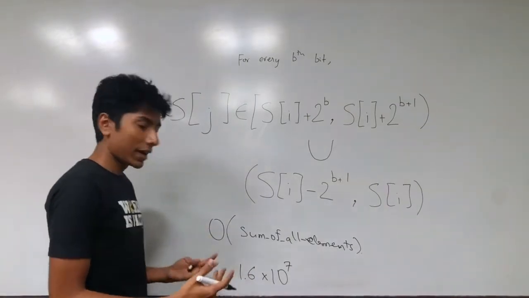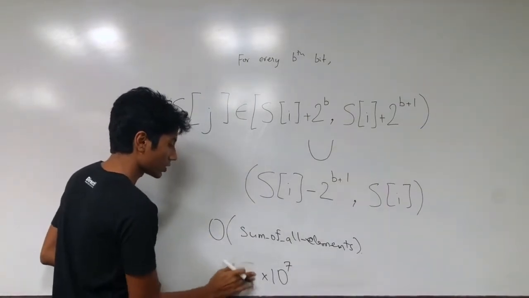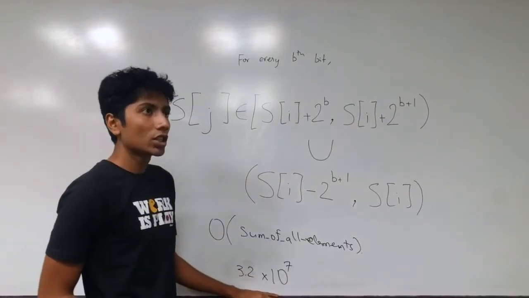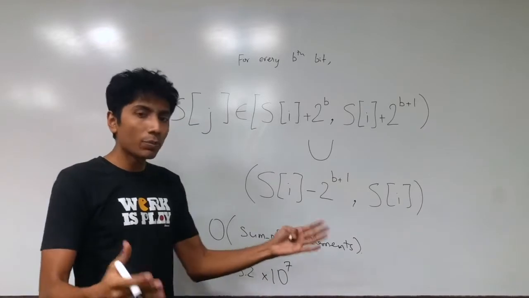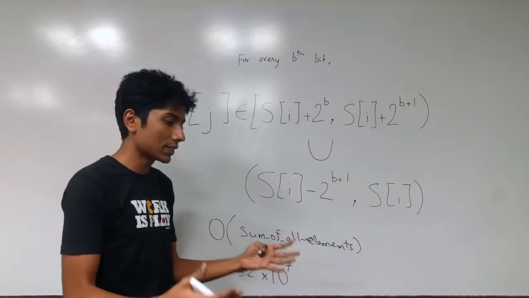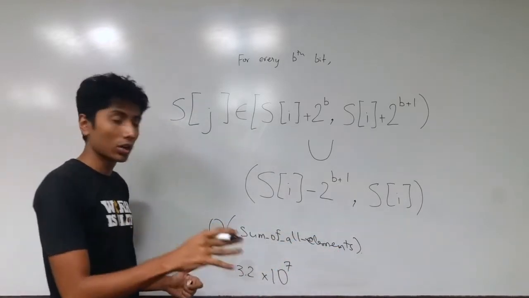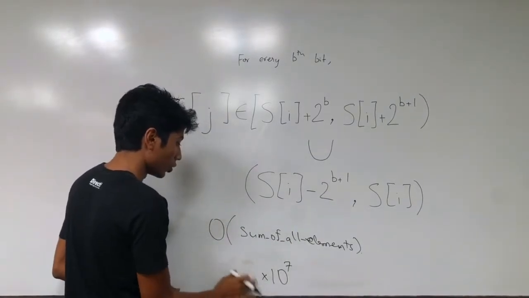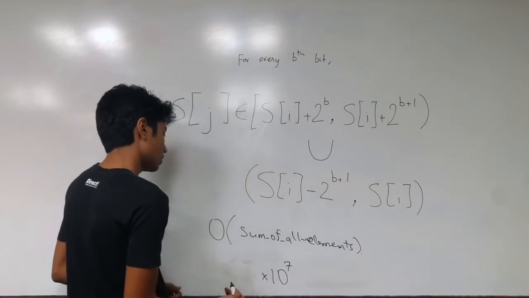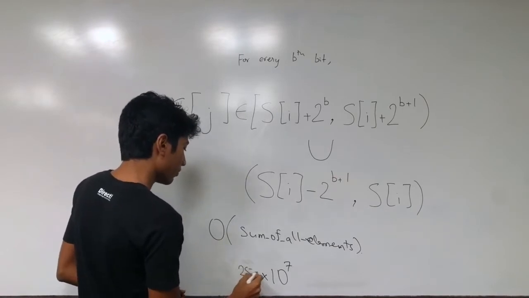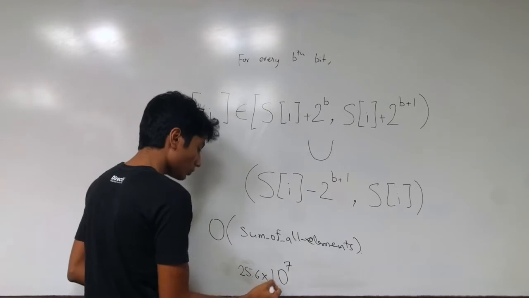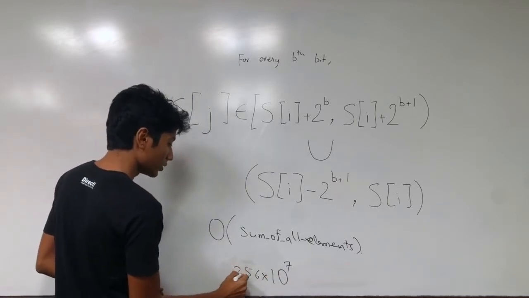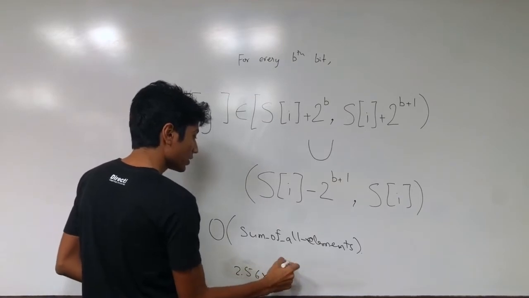And then twice of that for the construction of the entire segment tree. So that is 3.2. And then each element is at most 8 bytes long, because I'm going to be storing a long. That will be the value in each segment tree node. So that would be 3.2 into 8, into 10 raised to the power 7. So that is 2.56 into 10 raised to the power 8. So that is 256 MB